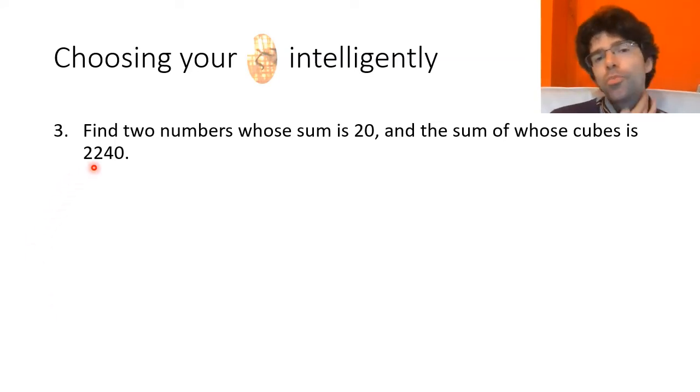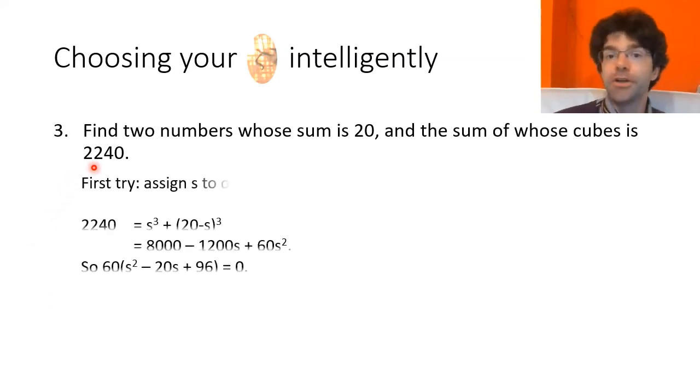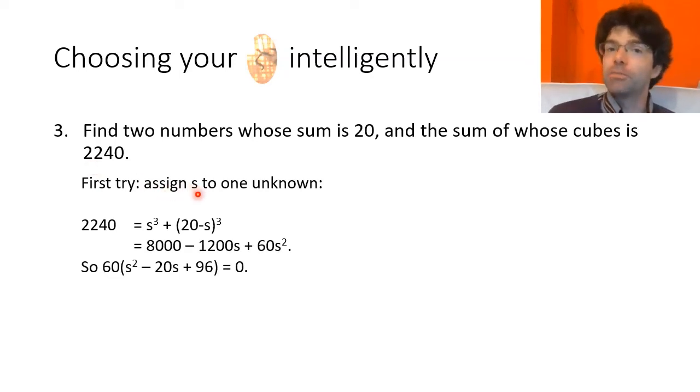Now, one's first instinct might well be to call one of the unknowns s, so that the other one must be 20 minus s. And if you work through it, you end up with a quadratic equation to solve. Now, Diophantus did know how to solve quadratics by completing the square, but he treats it as quite an advanced method that's only used in the latter stages of his work, and we'll see it later in this video series.